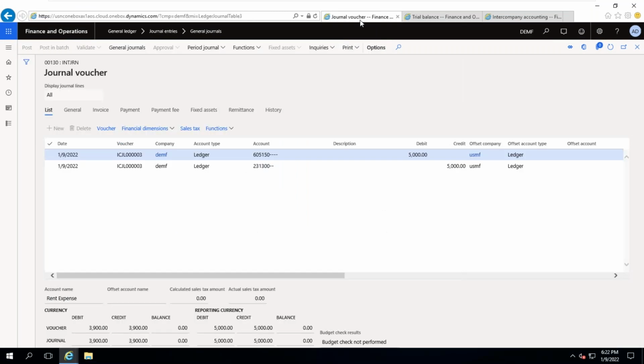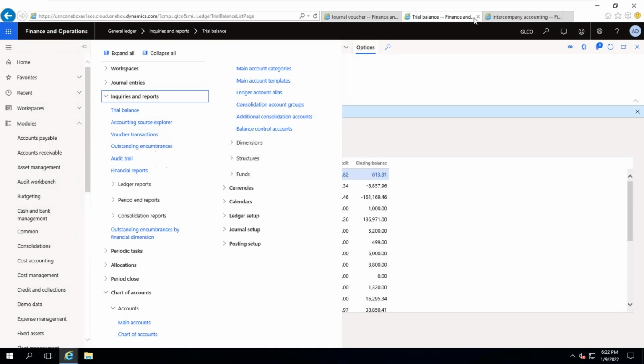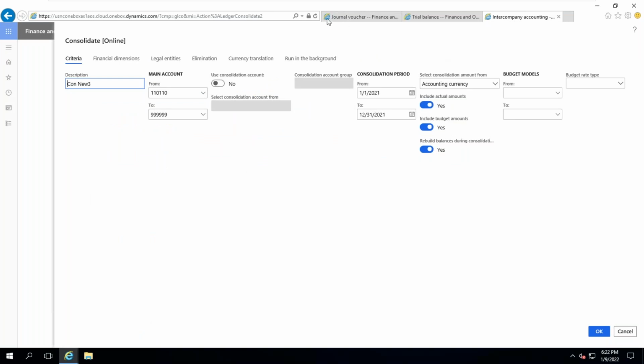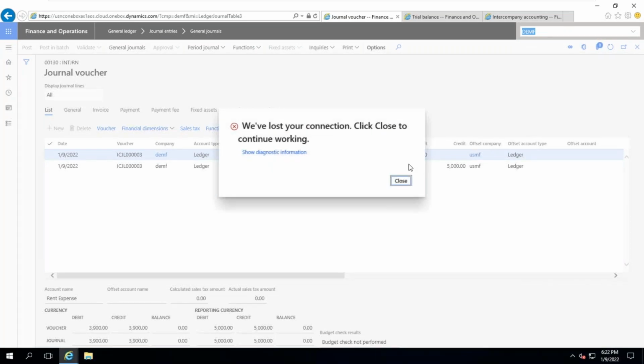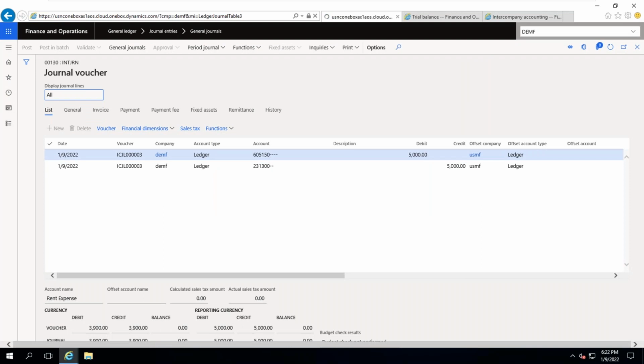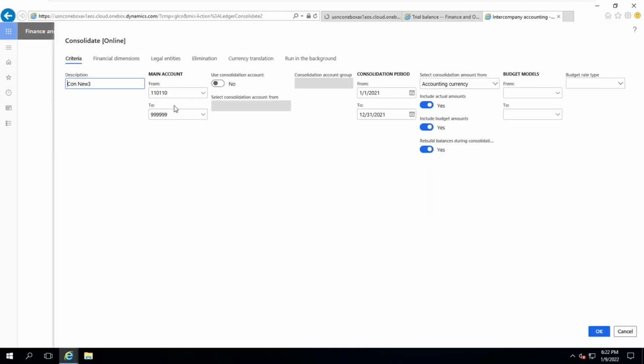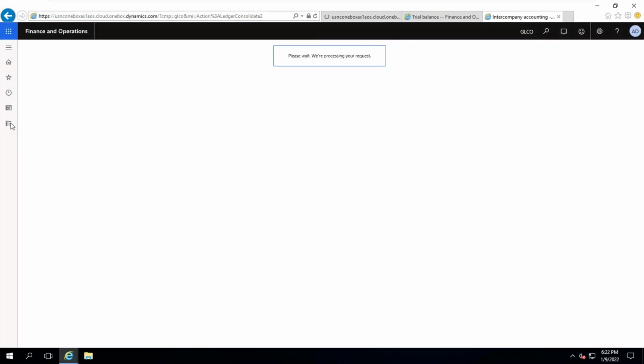See, whether all are mapped or not, the system will not verify. Only one thing you can do, as I told you. Let me go to the consolidation company GLCO. Give me a second, it is loading now. Okay. So in this company we can verify. The system will not verify; that is your responsibility. You can verify from this consolidation transaction data.